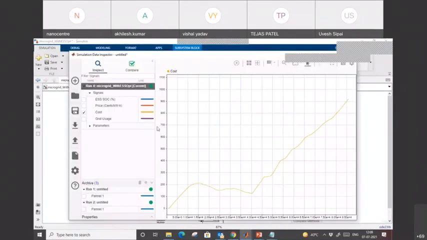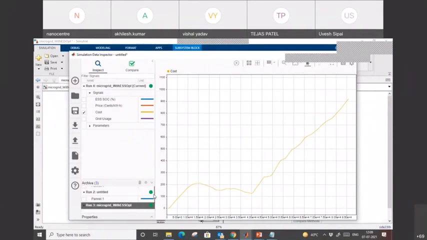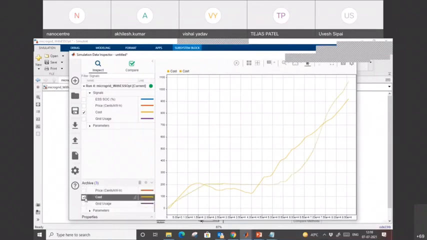Okay, simulation is done. I am going to compare the cost. This cost which we see is from optimization. And if I go into the archive, that is the third run, and scroll below, here we have this cost. You see the difference here, right?